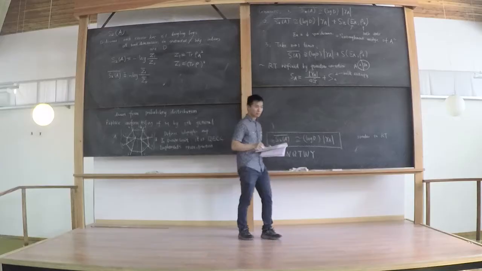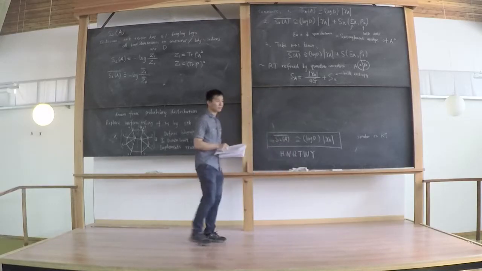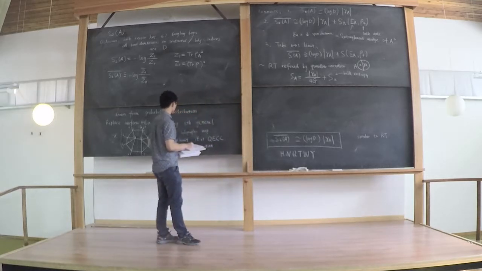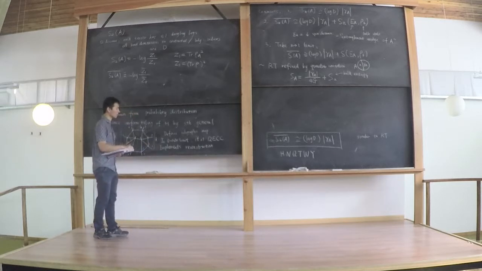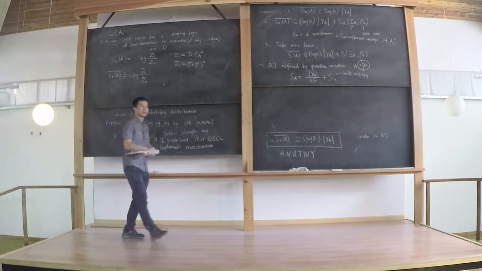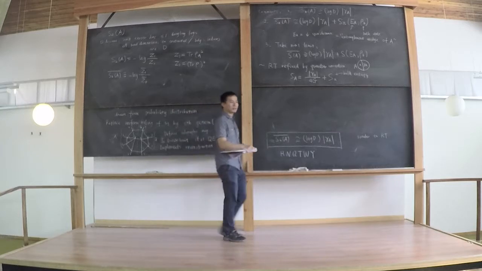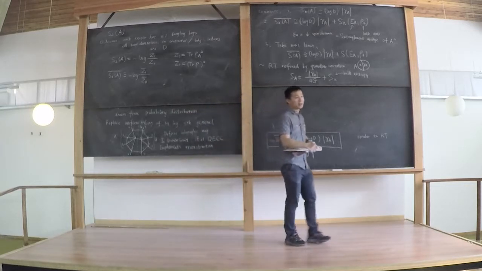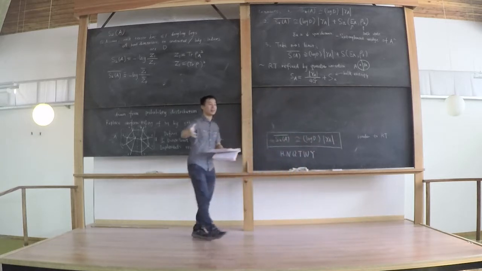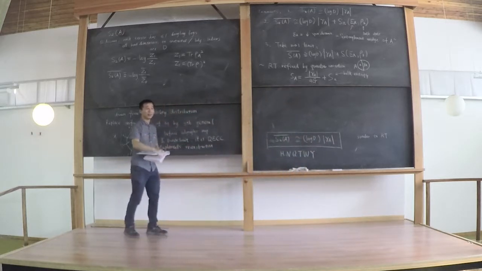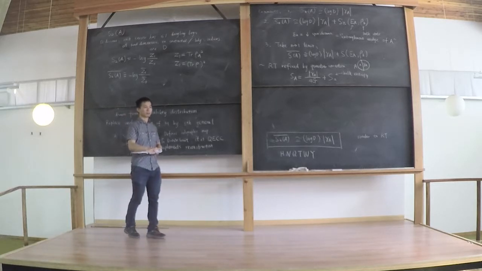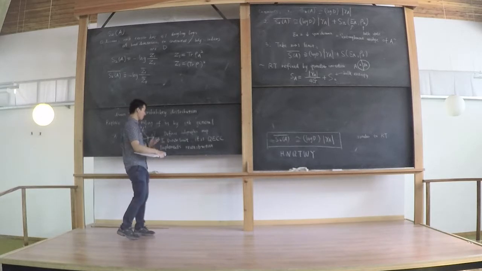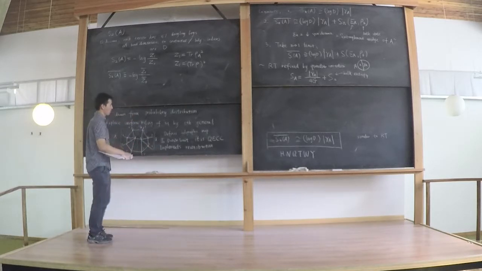Also, you said that only in the D goes to infinity limit is it a quantum error correcting code. At finite D, it's not a quantum error correcting code? It's approximately so, but for example, we can write down conditions for it to be a quantum error correcting code, and we can see the condition is satisfied when D is large. So what kind of condition is violated? For example, we can